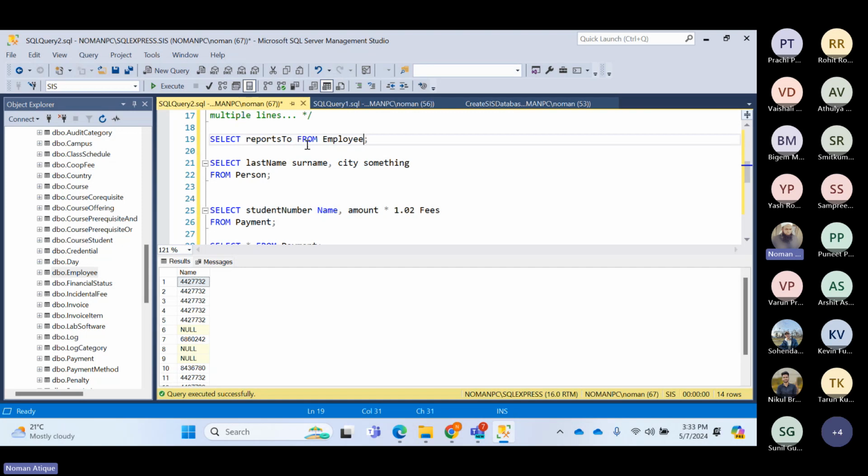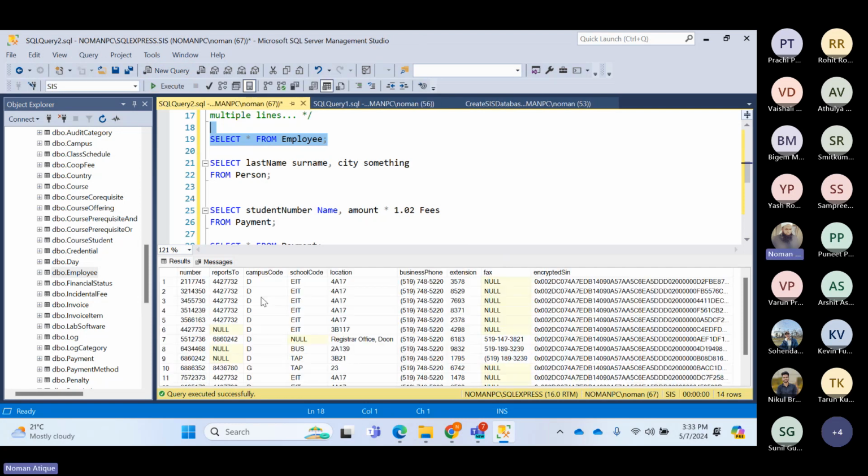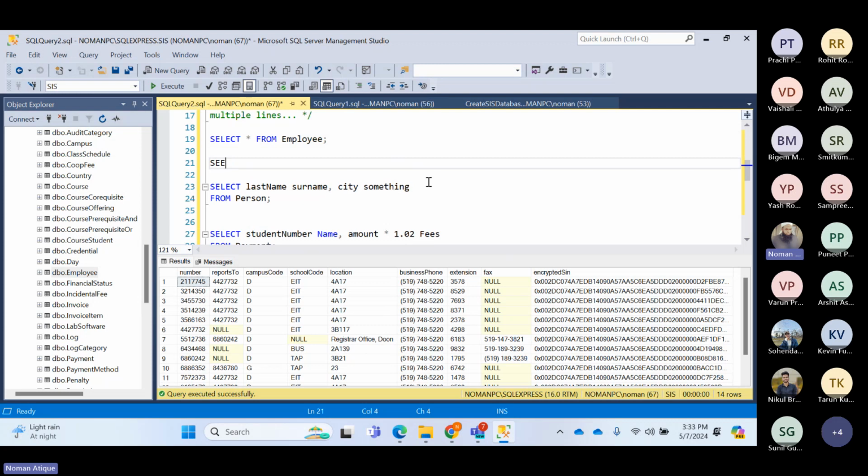So for example, if I select everything from here, first of all, let's bring everything from employee. So employee, report to, and then we have maybe location. There are multiple things that might be there. There is a number over there as well. So in the where condition, I can say select status from employee where, right? Select everything from employee where